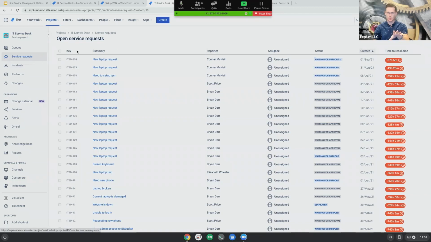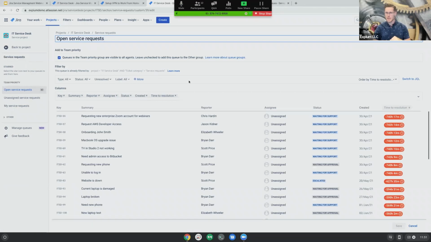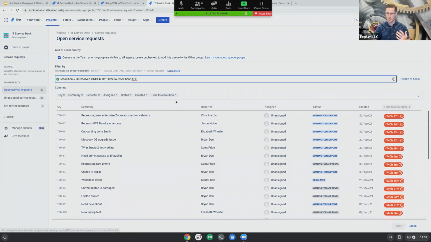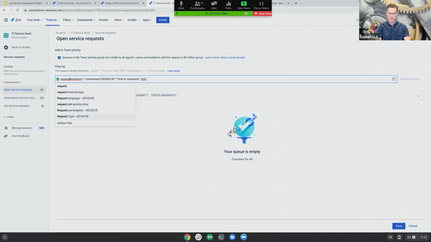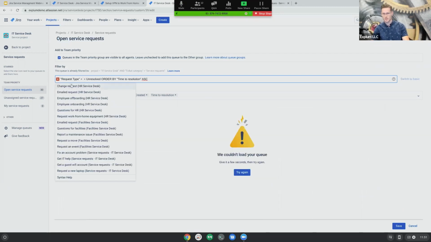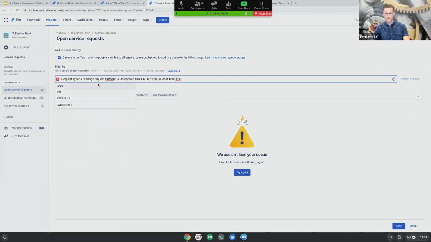when you're building out a queue like this, we would go up to this edit queue menu, edit queue. And then in the filter, we would switch to JQL for this for customer request type. And then on cloud, like you said, it's actually pretty easy. It's just request type. Request type equals, and then we'll get all of our options here. We could do change request, things like that. For server,